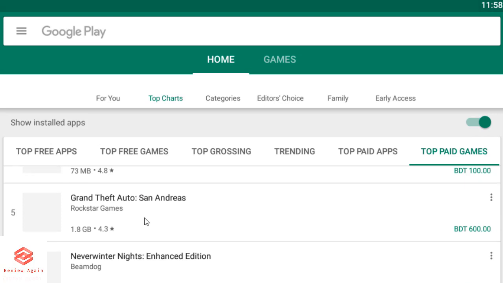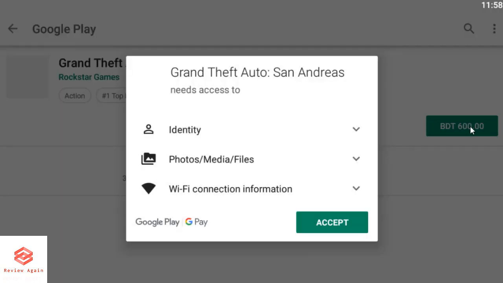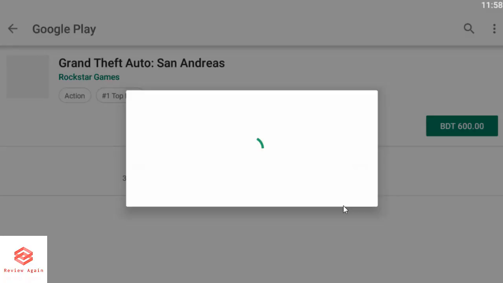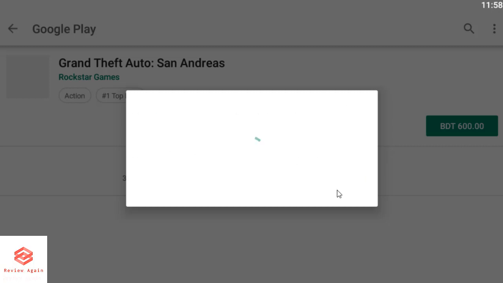Okay, and to buy this one, it costs 600 BDT Taka. So just click on the amount and you can see the guarantee notice, and now just click on accept. And you can see here: please tap continue to add a payment method or redeem a code to complete your purchase. Go to continue,